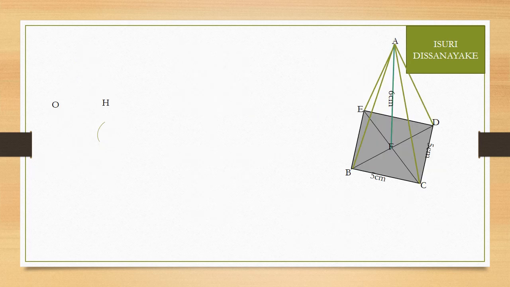Next, they are asking for the angle ACF. So they are asking you to find this angle. You know that you used Pythagoras Theorem to find the length AC in the previous figure, and the length FC is half of the diagonal. So if I draw it separately,